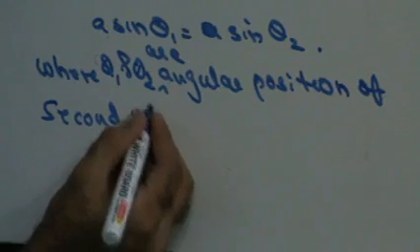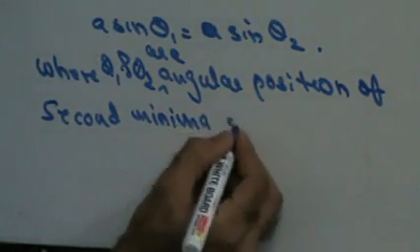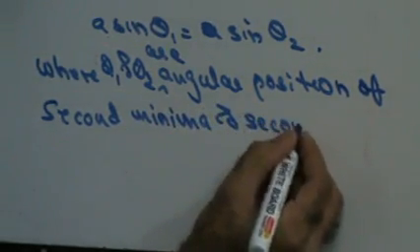Second minima and second maxima. Fine, do you get this in here? Once you have this, then I can say that now second minima and second maxima, right? So in this case, I can therefore say that